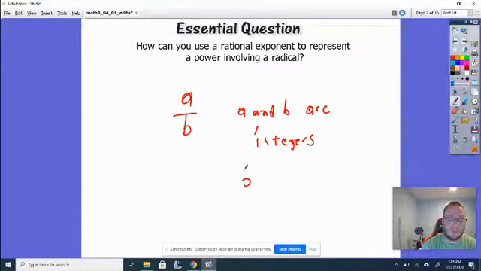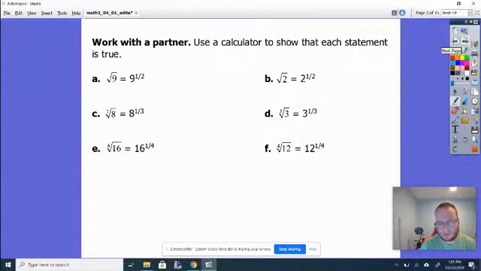Okay, and b does not equal 0 because it can't divide by 0. A can be 0, that's fine, but b cannot be 0. Okay, so